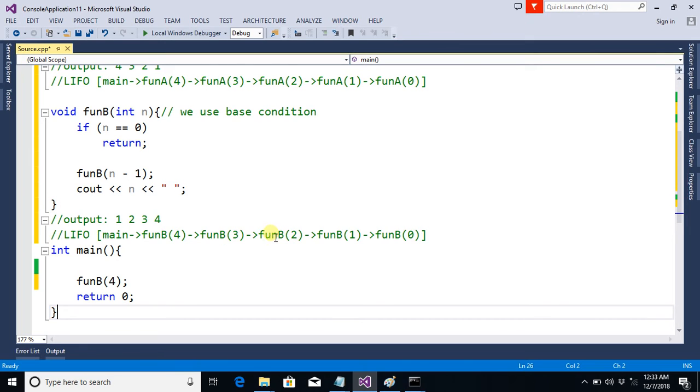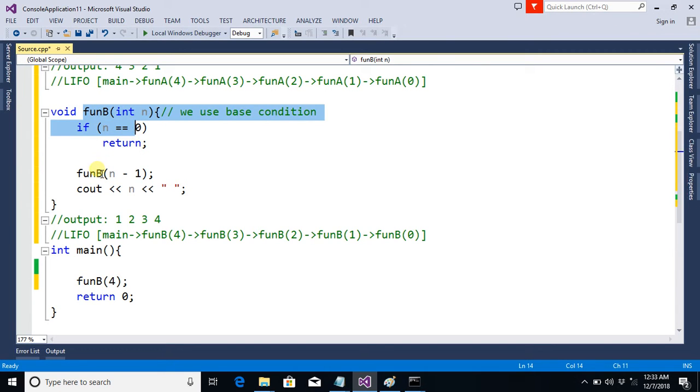So let me reiterate it again. We came here, we call this function B with argument 4, so we came here, then here, and we call it with function 3. So function 4 is not yet finished, it has to be finished, it has to print this value 4 here, but it is not yet finished, and we call this function 3.